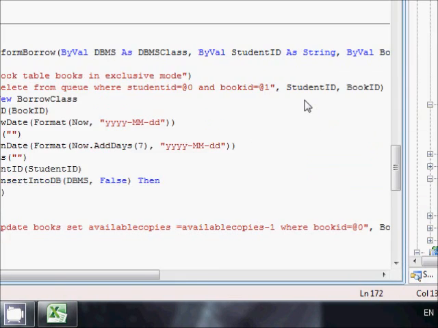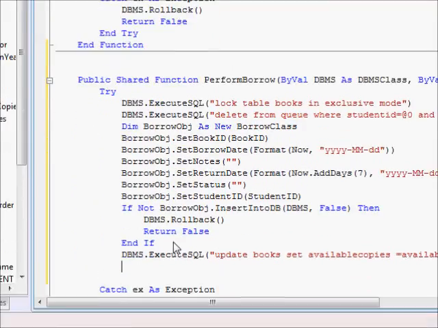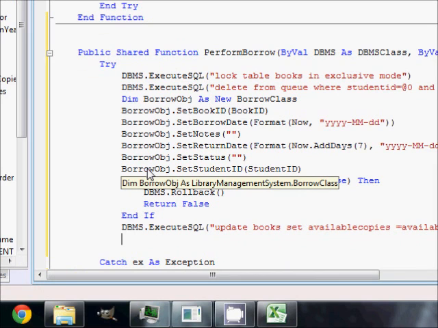Book ID. Okay, so we finished all these things, and the next thing we should do is commit the